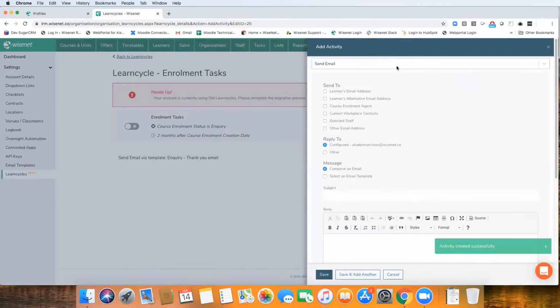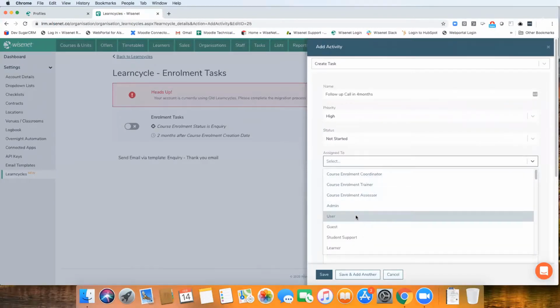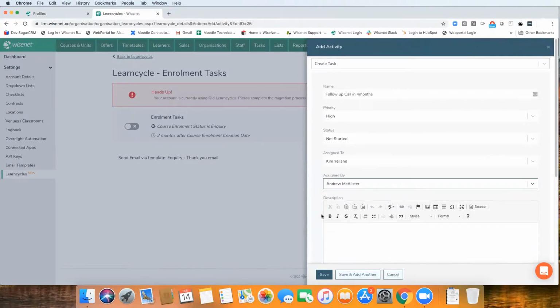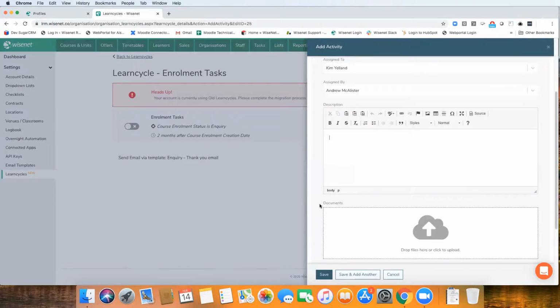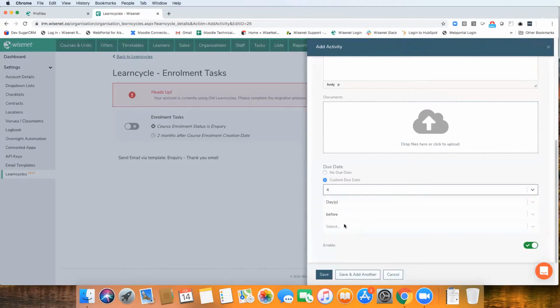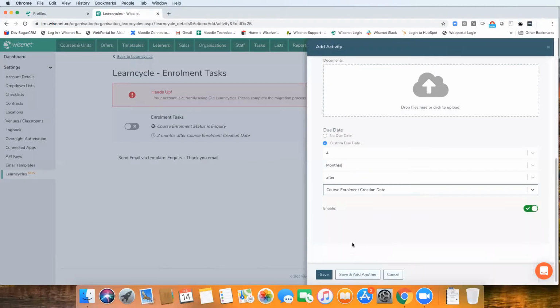Then let's say you want to create a task for an internal staff member, in, I don't know, 4 months' time. This could be high priority, not started and assigned to a particular staff member. You can even put in assigned by, put in a short description, and if there are any documents or forms to be filled in, you can drag and drop them in as an attachment, and then have a due date. And this would be